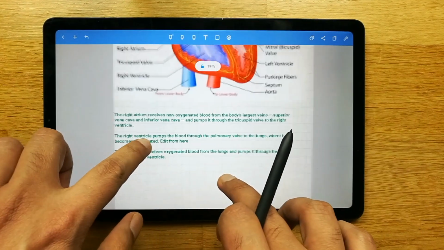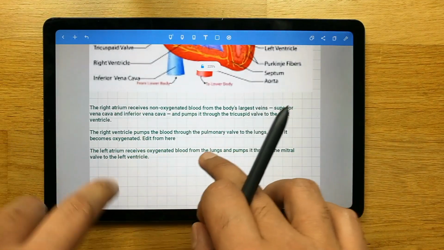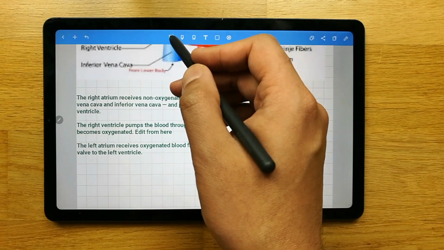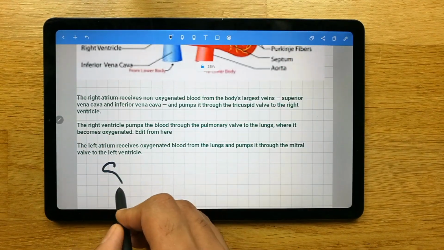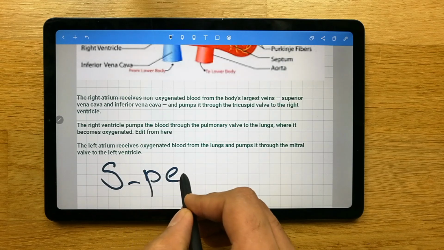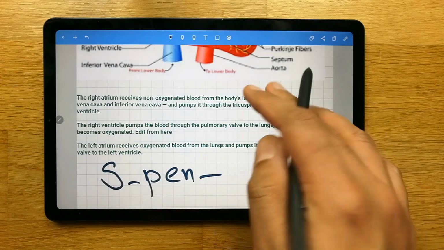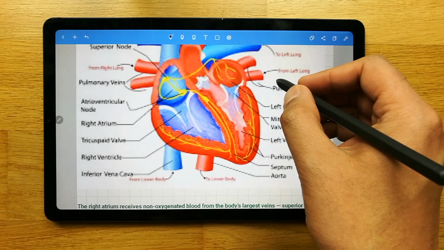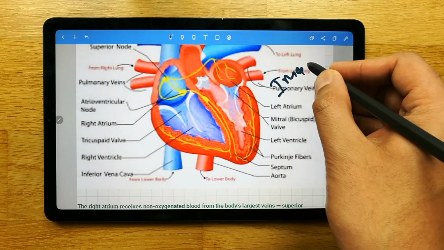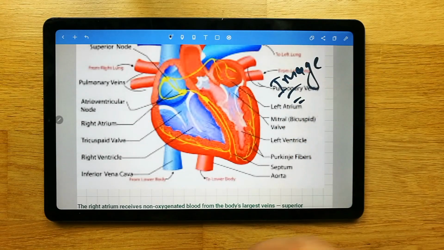And if I want to write something, I can also write it using my S Pen. Okay guys, I can also write on the image as well. You can see here, I can write on the image as well.